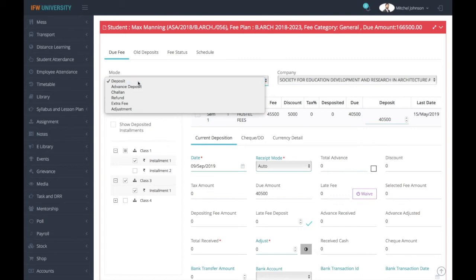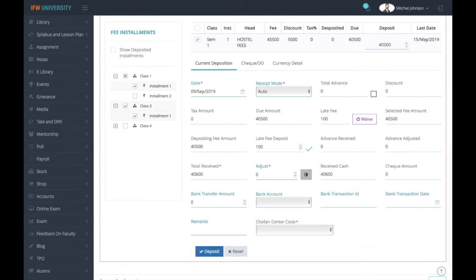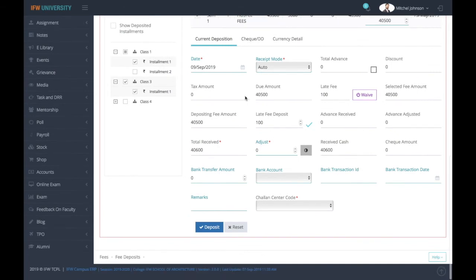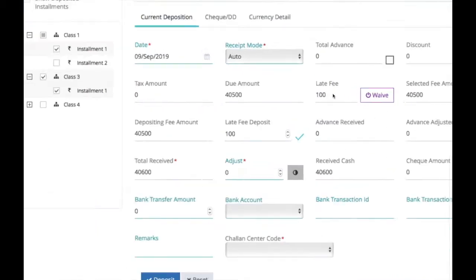First, we will look at the deposit section. Select the installment. According to the installment, the fee will be reflected here. Select the section from here, that how you want to take the fees. If you want to take the fees in cash, see, the total receipt amount has been reflected here along with the late fees.